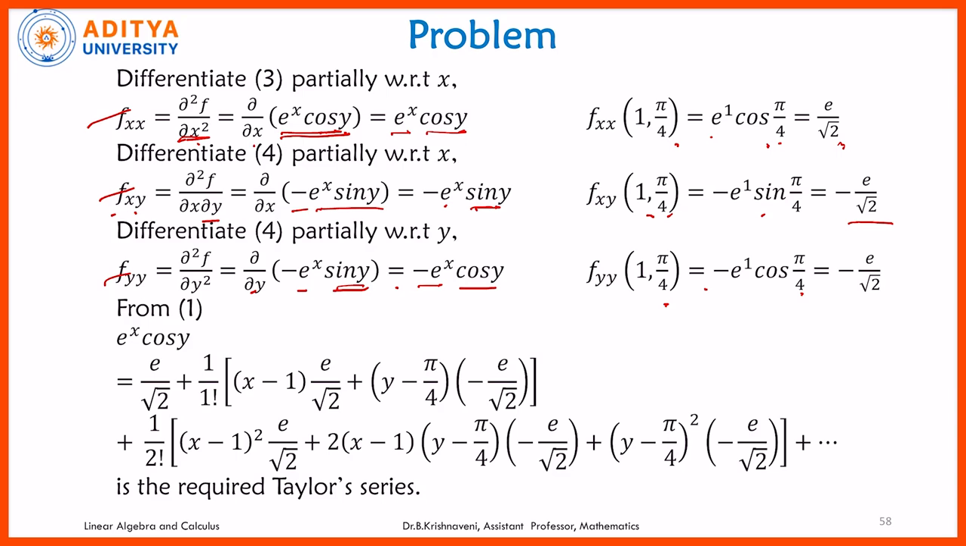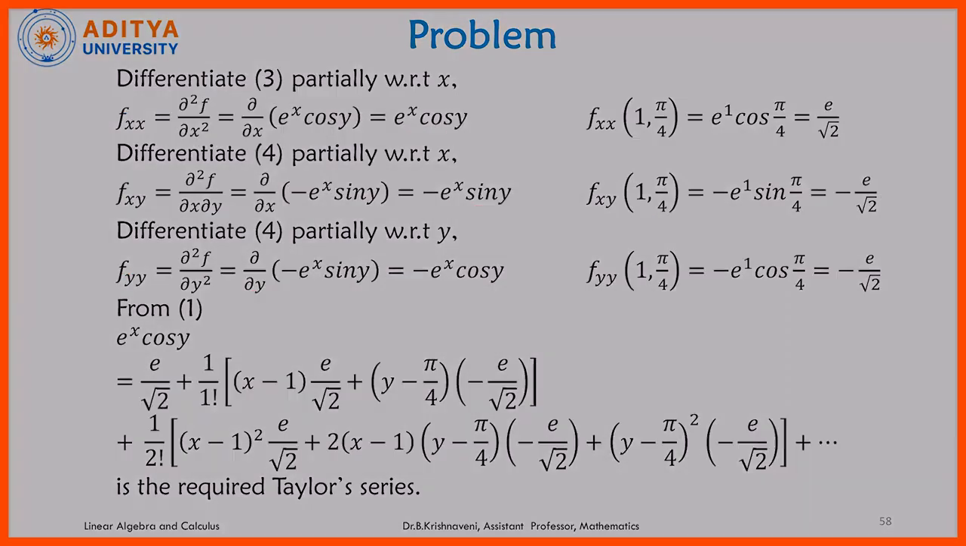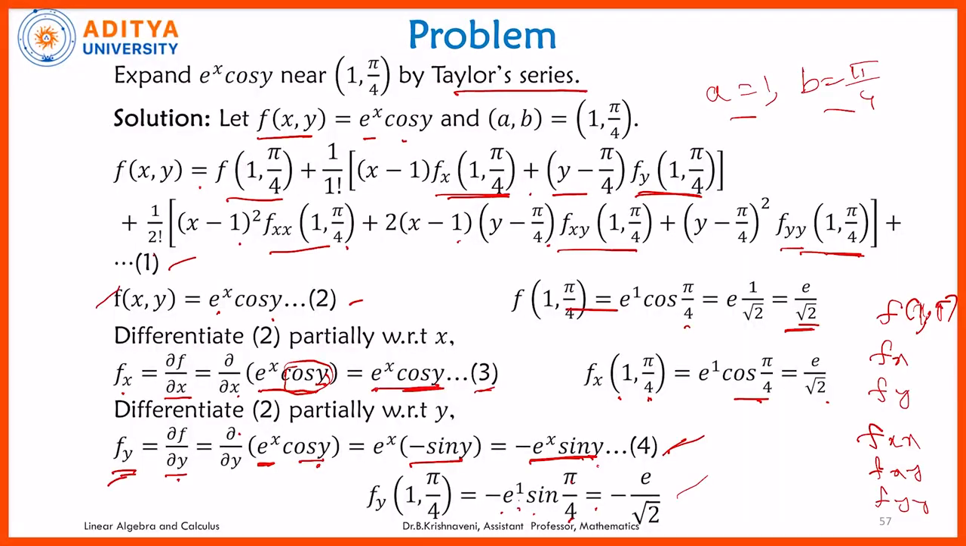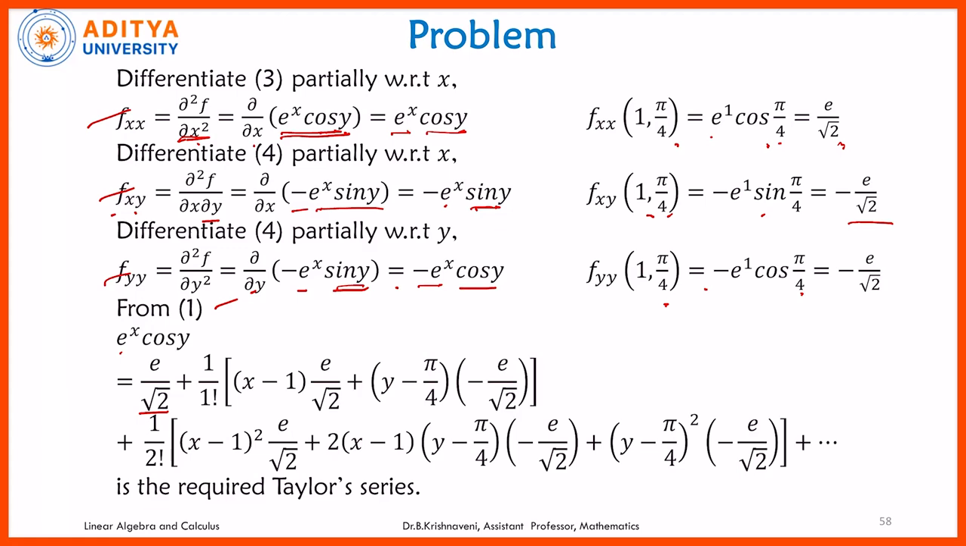Got the values of all, hence substitute in one, that is a Taylor series of two variables f(x,y). So e^x cos y is equal to f(1, π/4), the value is e/√2, plus 1 by 1 factorial times (x − 1) into fx(1, π/4), which is e/√2, plus (y − π/4) into fy(1, π/4), that is